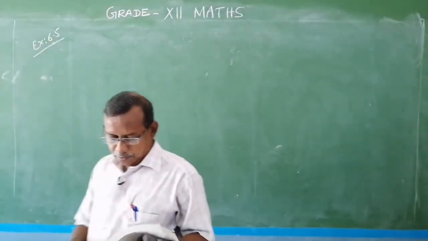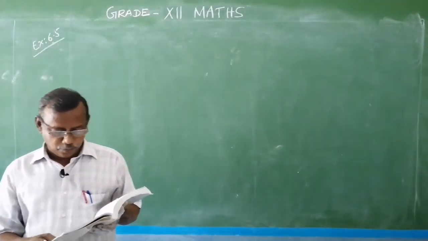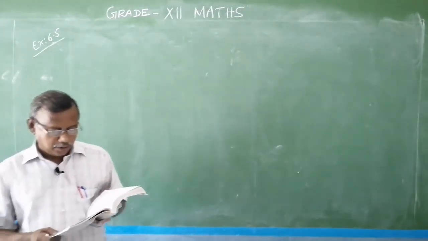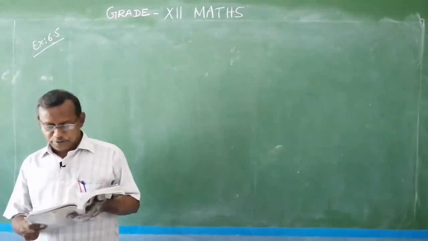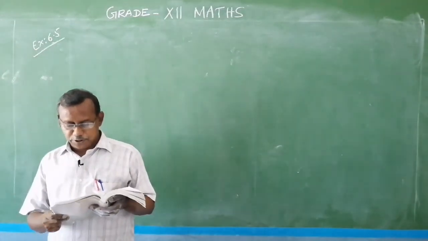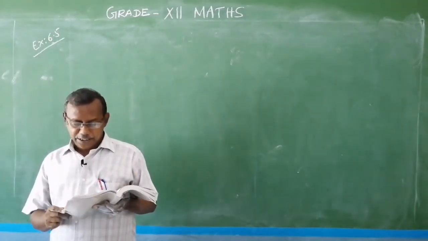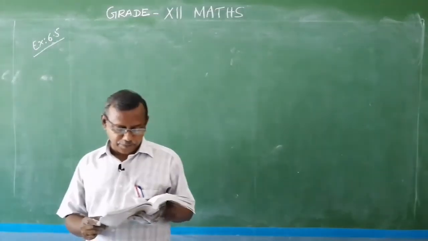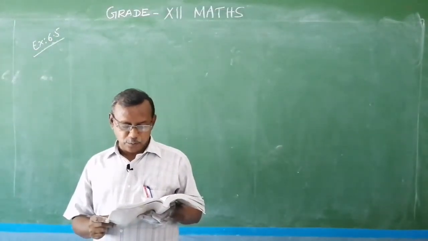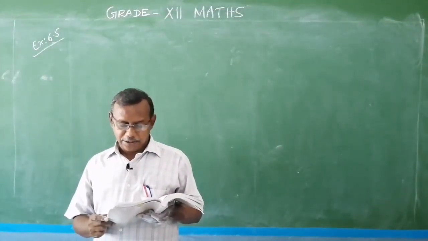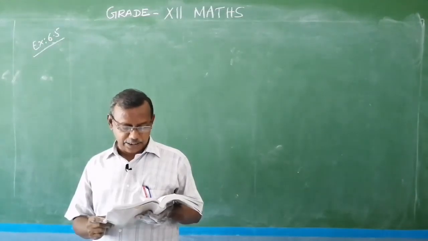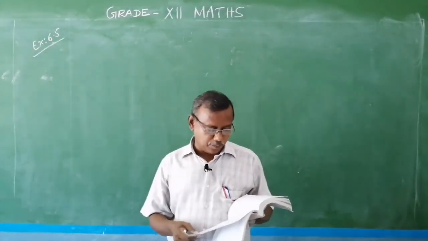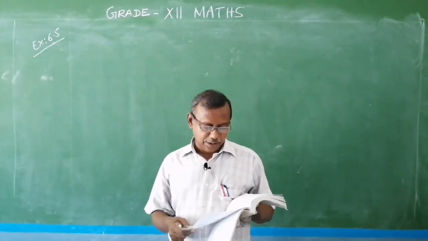Now, questions number 14, 15, 16 are of the same type. In the 14th, two positive numbers x and y, both positive, are such that their sum is 60 and x y cube is maximum. Similarly, in the 15th also we are required to find two positive numbers x and y such that the sum and product condition is given. So, the same way I hope you can solve these problems 14, 15, 16.